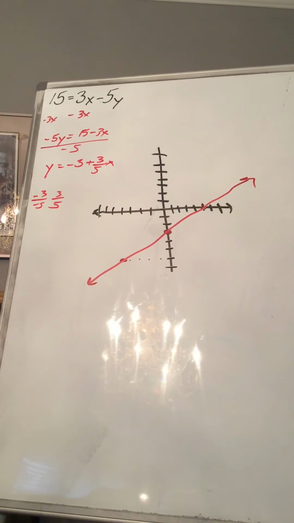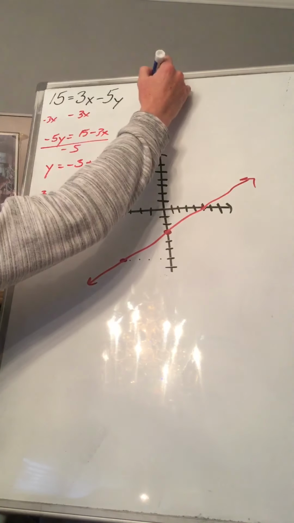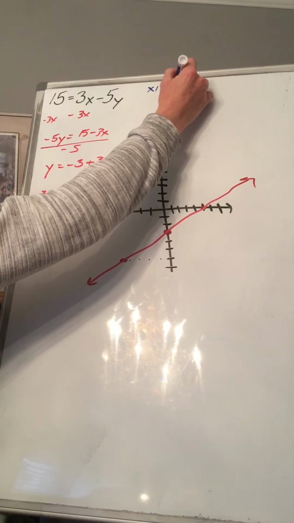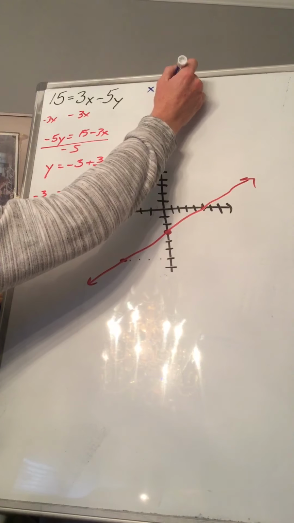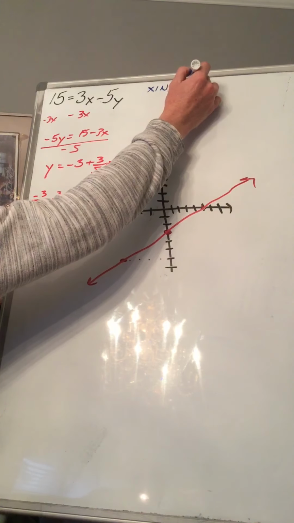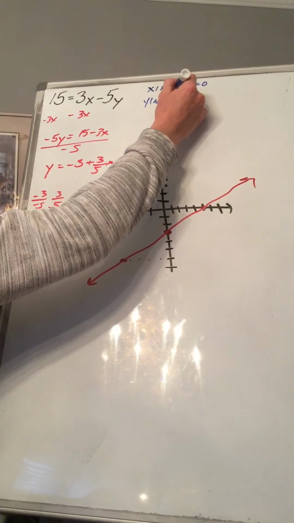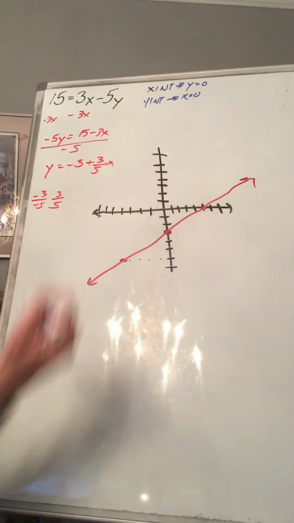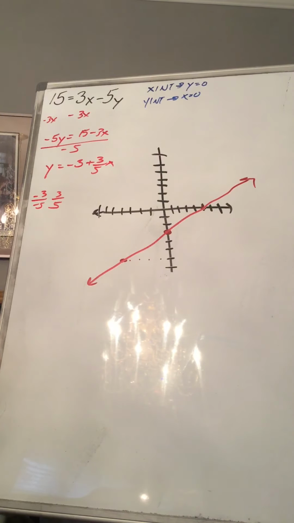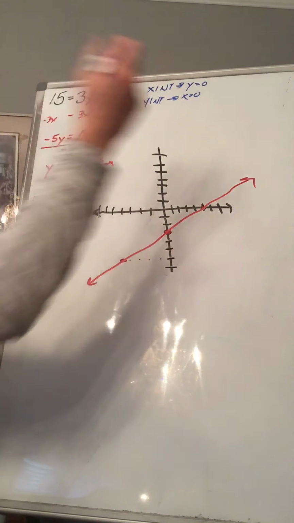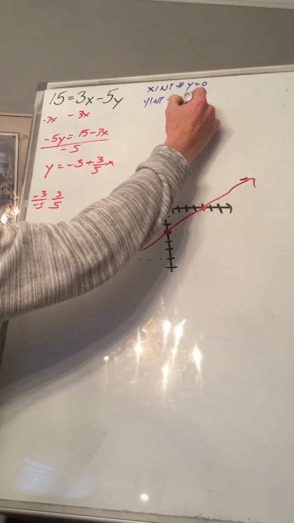But today we're just going to review a little bit about what we did previously and graphing these by finding the intercepts. And once again, the x-intercept is when y equals 0, and the y-intercept is just the opposite, is when x equals 0. So if you think of it that way, you're going to say, hey, for my x-intercept,